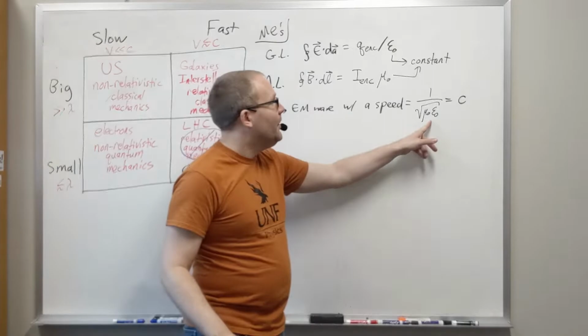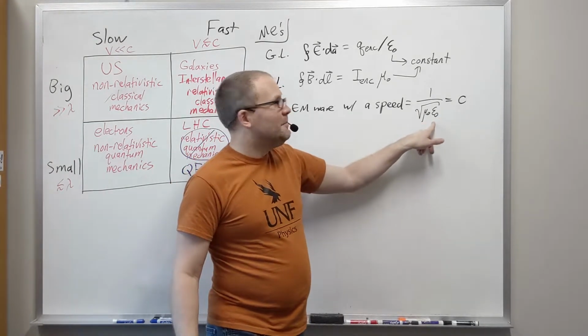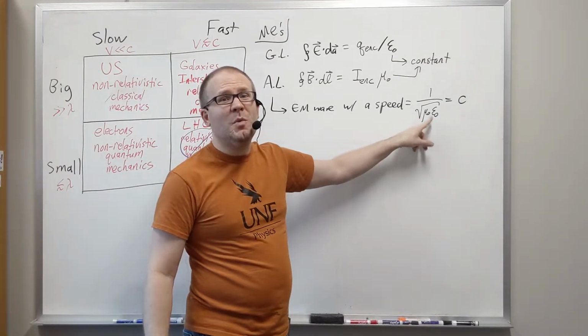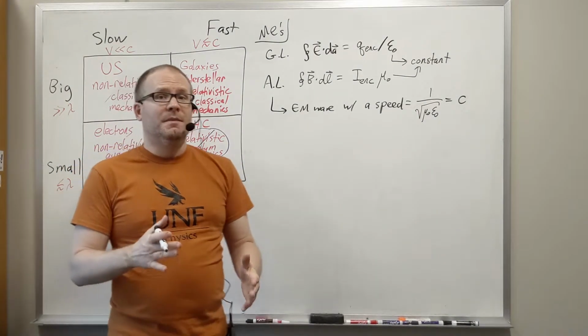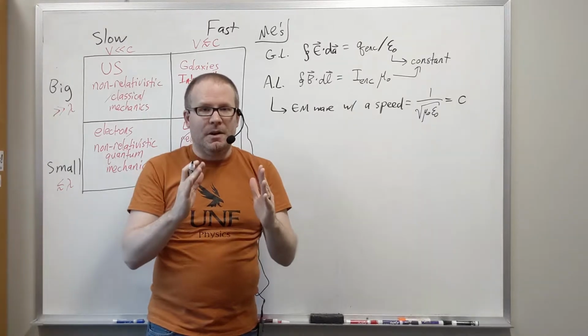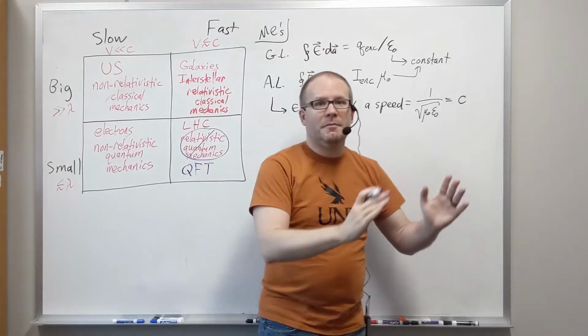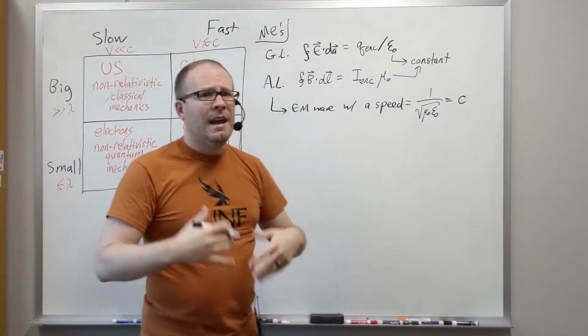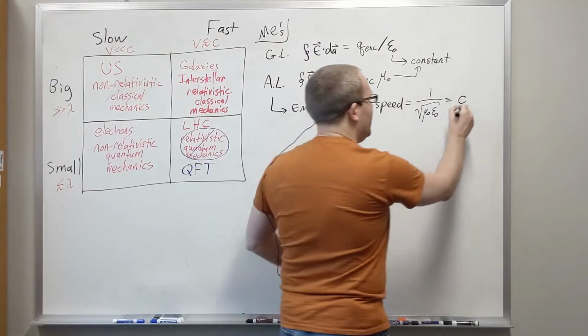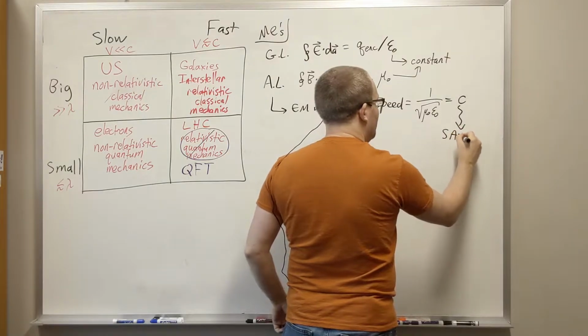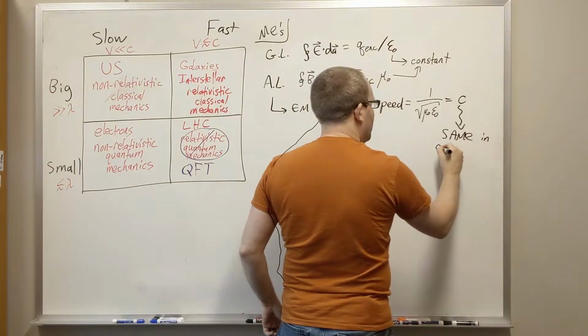What's special about this is that we're not specifying in Maxwell's equations who is doing the measuring, right? Maxwell's equations are true whether I am standing still relative to the experiment or whether I am moving at half the speed of light relative to the experiment. In other words, no matter how fast I am moving, the speed of light is going to be the same in any reference frame,